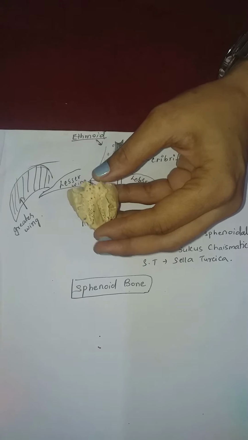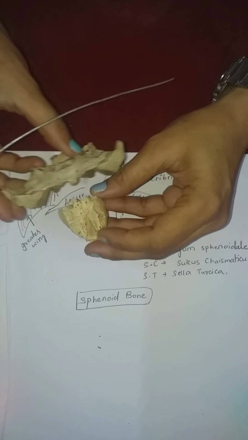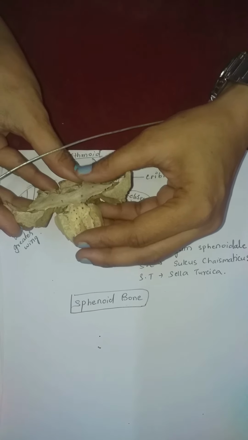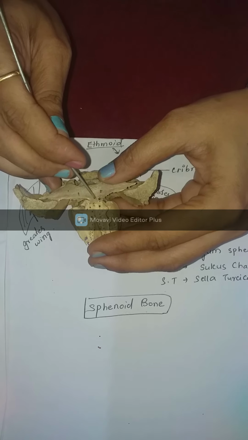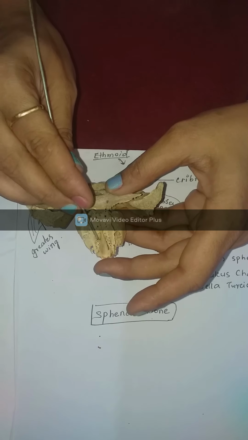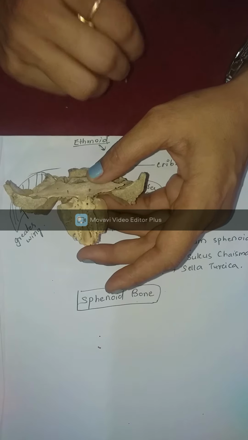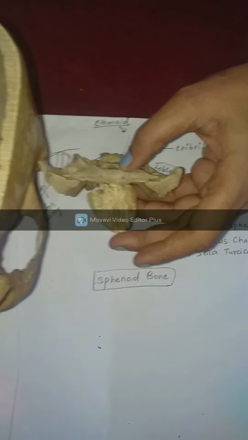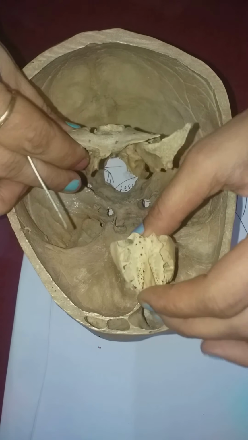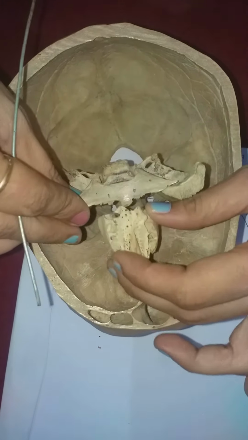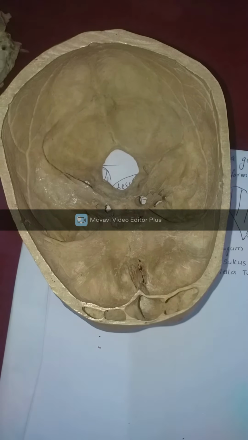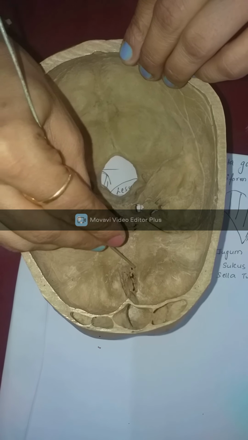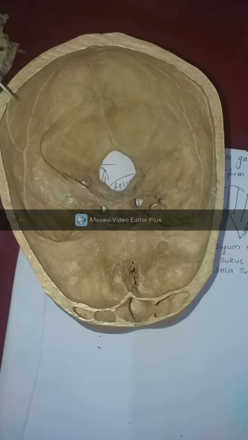So as I told you, how will this articulate? This will articulate like this. You have jugum sphenoidale, the anterior margin of which will articulate with the posterior margin of the cribriform plate of the ethmoid bone. Here, I will show you the same thing. See, I will overlap it. This will dip down and this will go like this now. Here is the location. Same thing, jugum sphenoidale articulates with the cribriform plate of the ethmoid bone.